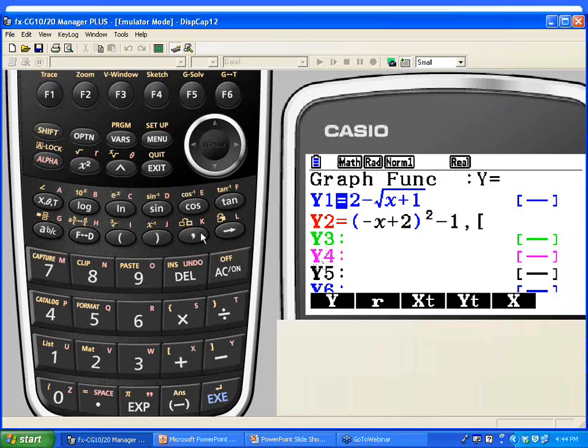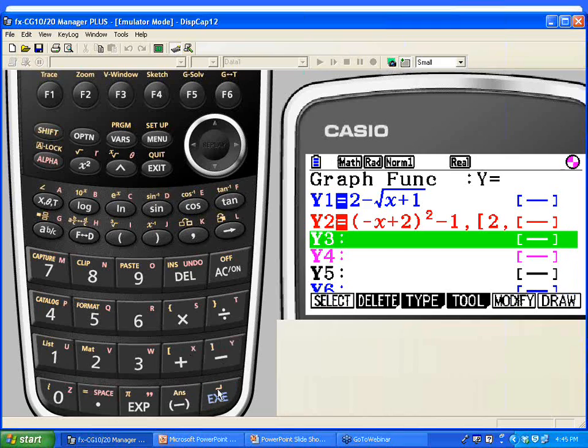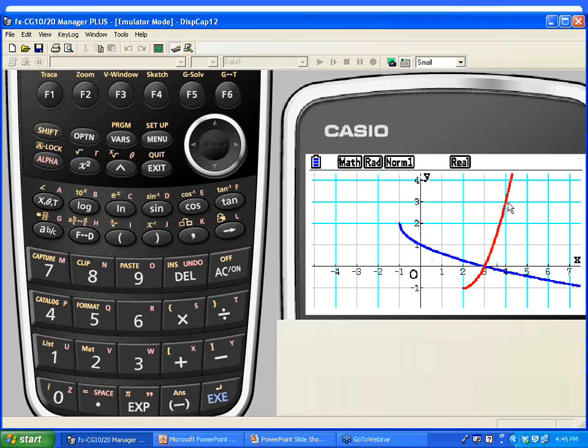If you recall, we only wanted to see it to the right of 2, so I'm going to say 2, comma, leave it blank. That means infinity when you have a blank there. Close your bracket and then graph it. And now when I graph this, I only see that restricted portion of the graph that I needed to see. So we only wanted to reflect it, so we had to restrict our domain on our inverse so that we only saw the portion of the graph that we wanted to see.